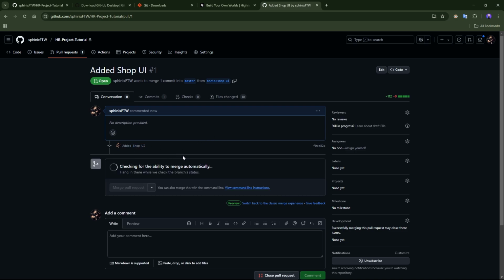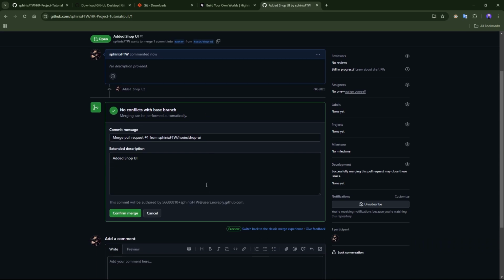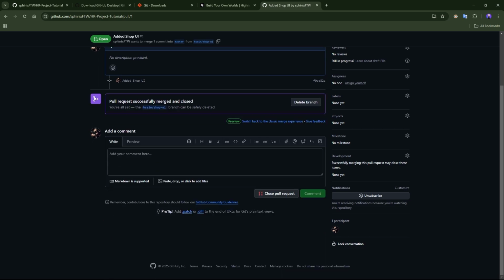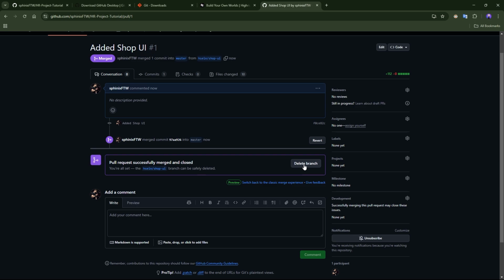Now just wait for it. Now that's done. If you want to push them to main, you can just merge the pull request. So click merge, and this says merge pull request and confirm. That's done. Now I can delete this branch if I want, because if I finished working on the shop UI,